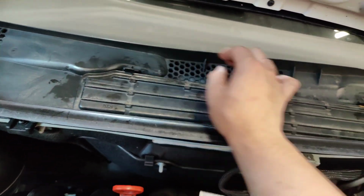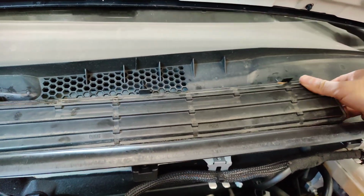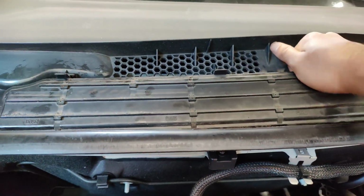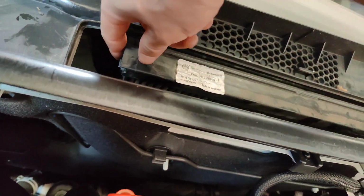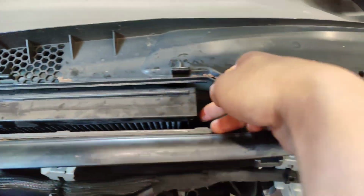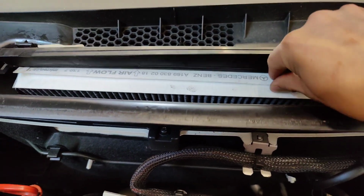You just pop these clips, right, on each side, and then work it out. Comes off, and here's your cabin filter. So on the sides there's these clips. Just release those clips on the side, right, and your cabin filter just slides right out,